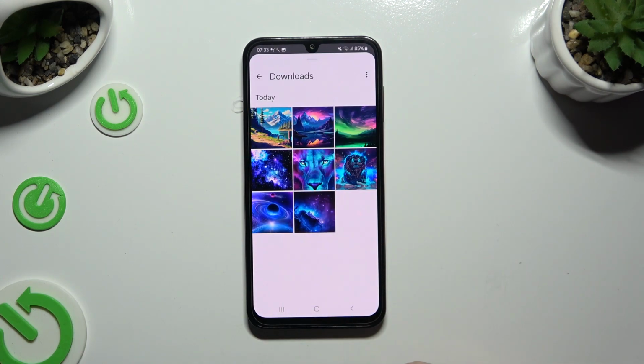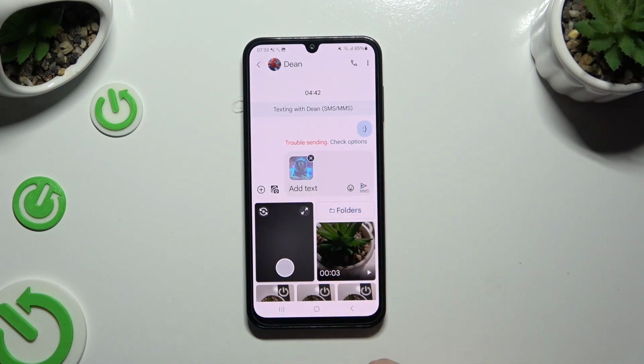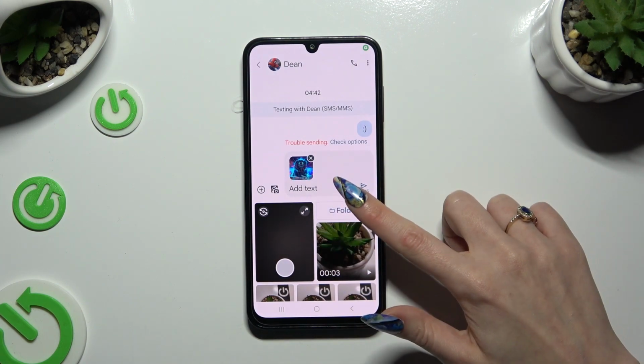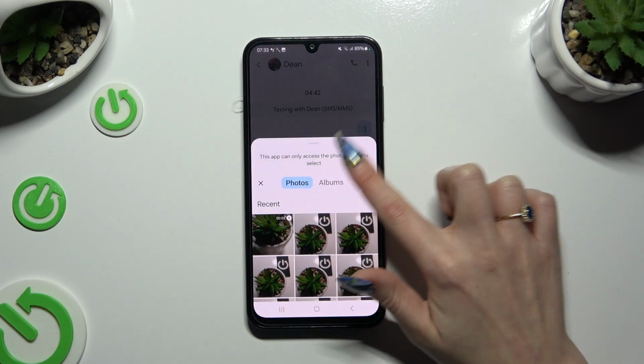To add the chosen one, click on it, and to add another one, select folders again and tap on it